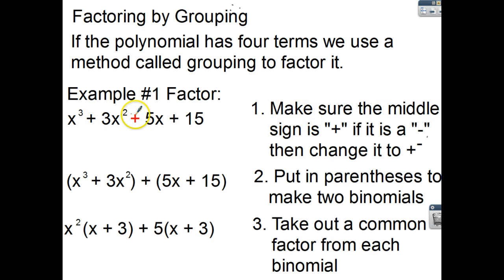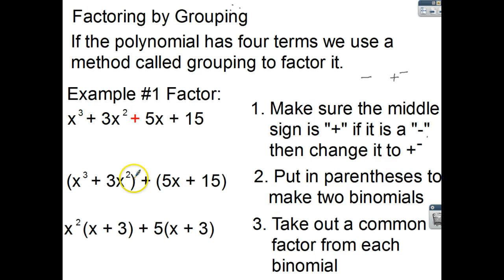So we want to make sure that the middle sign is plus. If it's not, we change that to plus or minus. We know that for one subtraction sign, we could have a double sign, plus a minus. Okay, these are basically equivalent. So if that's a minus sign here, we change it to plus a negative. Okay? And the reason that we do that is because the next step is to put parentheses to make two